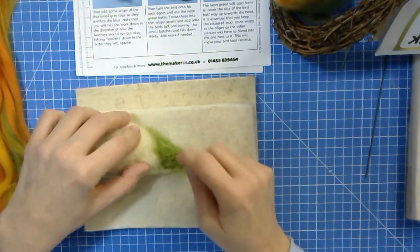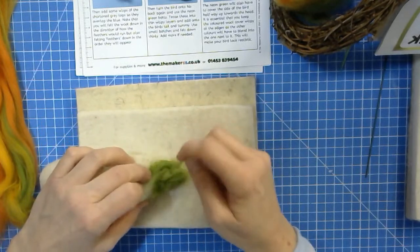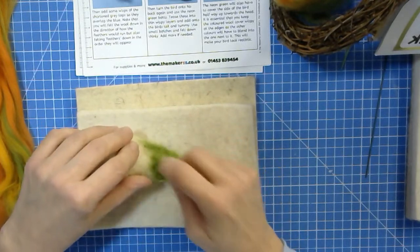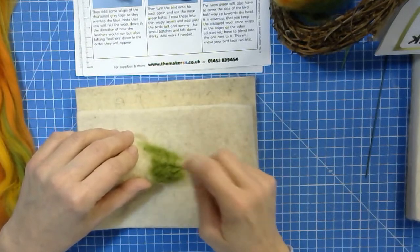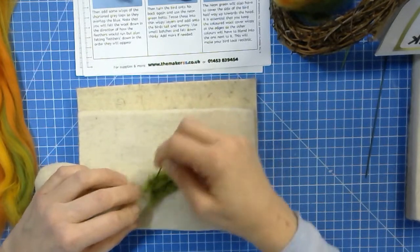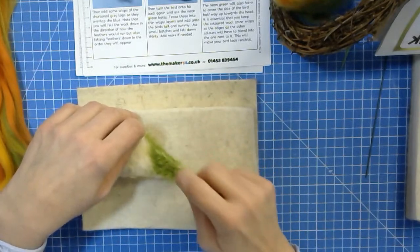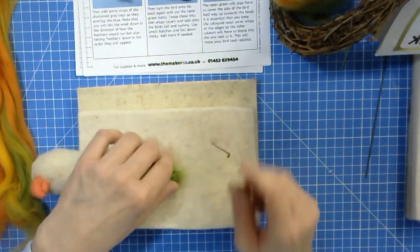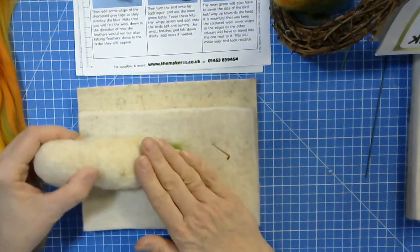If you have got a 42 twisted needle, then you can use that at the very end to really finesse the fineness of the finish. But just use the fine needle right now to felt this down. Okay, so then you're going to turn it over, and next you're going to do the same with the blue